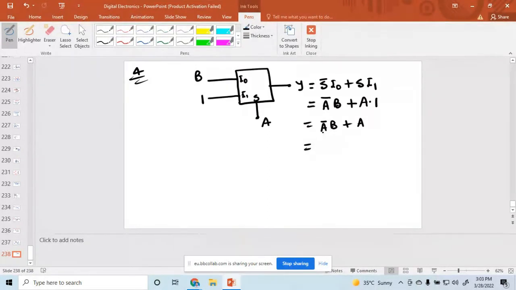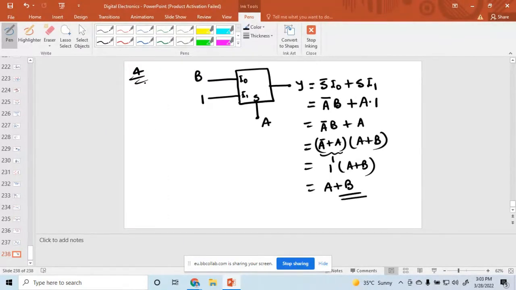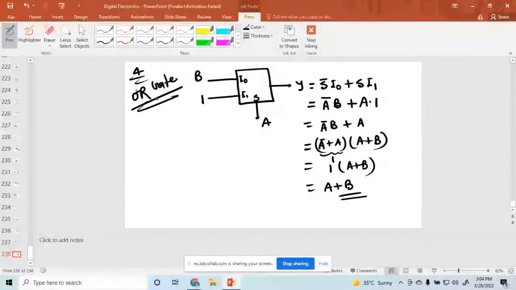And what is the value? This is equal to A bar plus A into A plus B. What is the expression for this? A bar plus A is equal to 1. So this is equal to 1 into A plus B, or this value is equal to A plus B. It works like an OR gate. So this is an OR gate. And suppose you want to design a NOR gate, so the